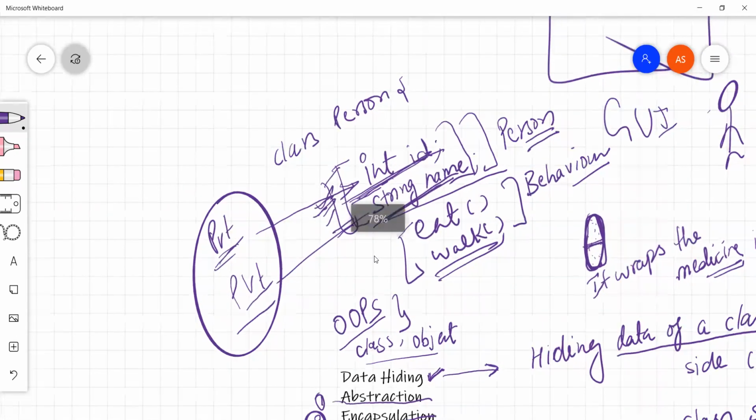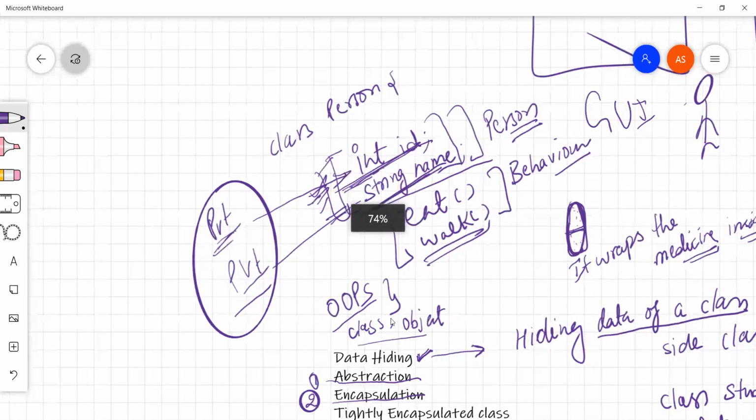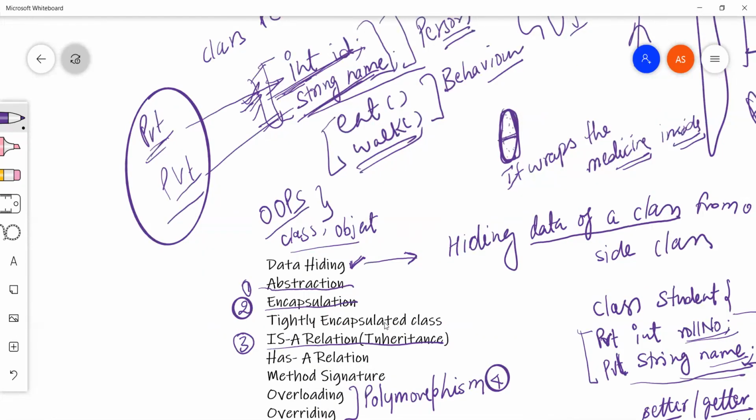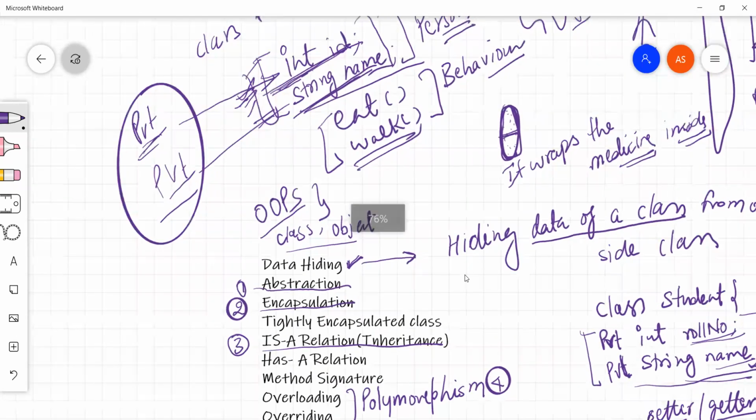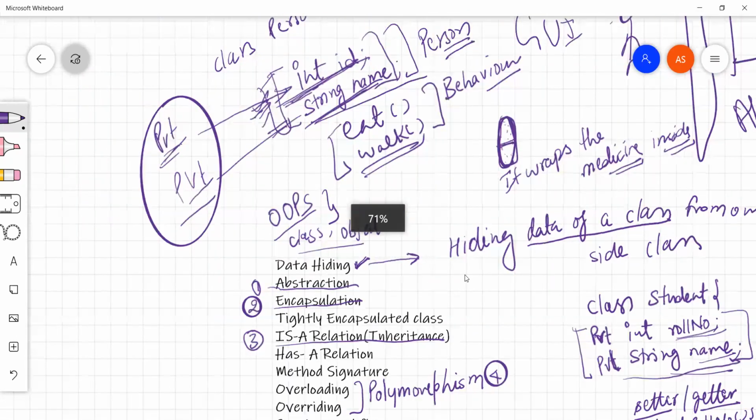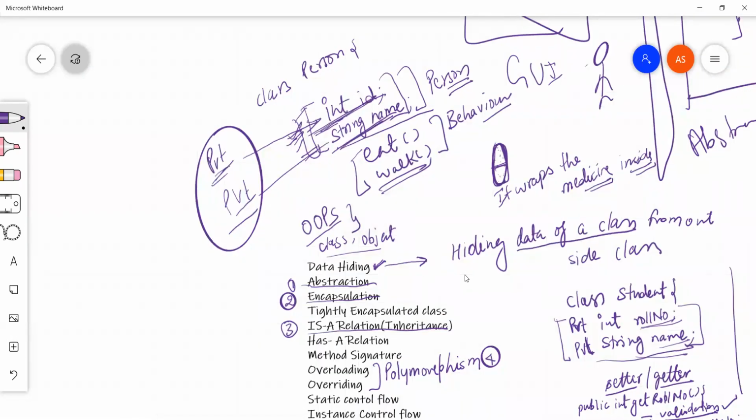Okay, there is a concept called a tightly encapsulated class. What is a tightly encapsulated class? Whenever all the members of a class are declared as private, we can say that class is tightly encapsulated.